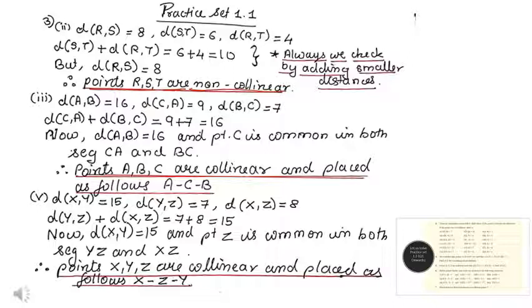But what is the sequence? To know the sequence, we look at the names of the given segments which are formed by joining the points. So we see that Z is common in both YZ and XZ. Means Z is somewhere in between, forming a link between X and Y, and therefore the sequence is X dash Z dash Y. Now as in the earlier slide also, the remaining sums you will be solving on your own. If you have any doubts, it will be clarified when we come back to school.